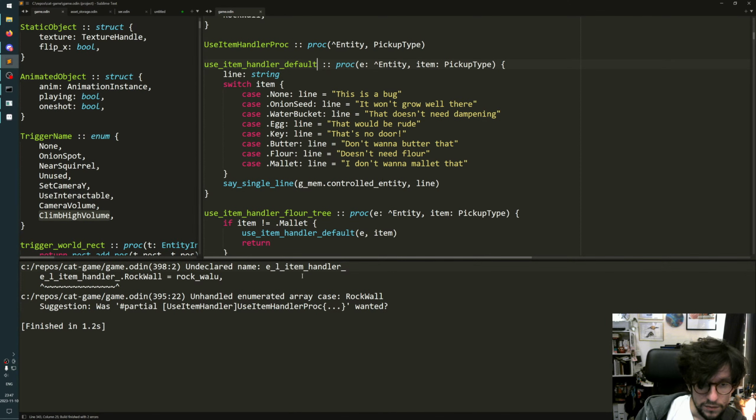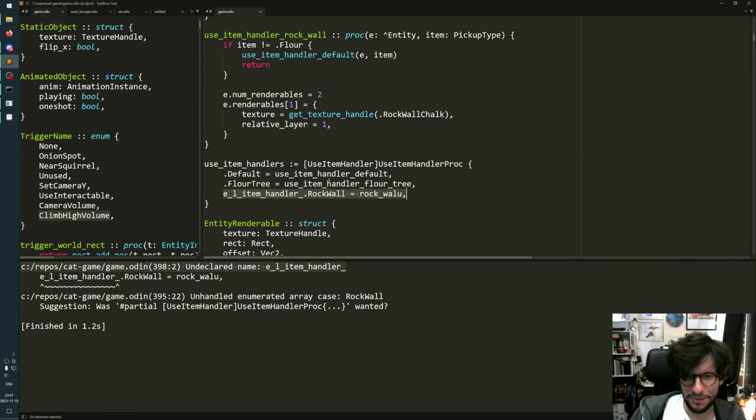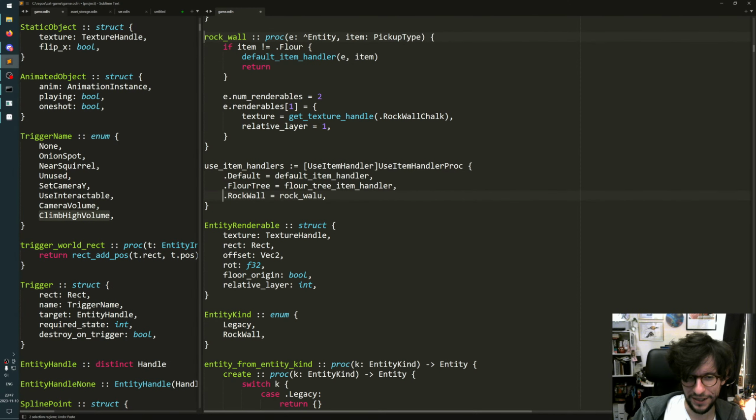Huh? It just made gibberish with my multi-selection. Rock Wall item handler. What is this? When did that happen? Oh, I see what happened. I still had the